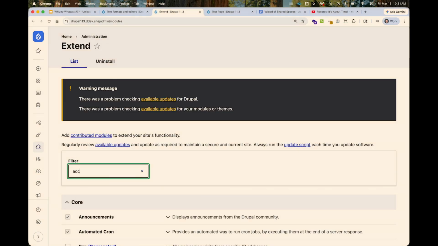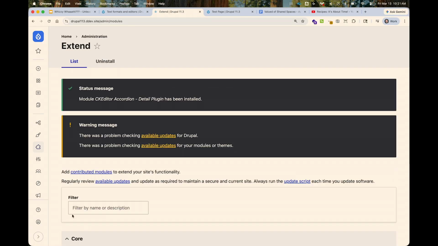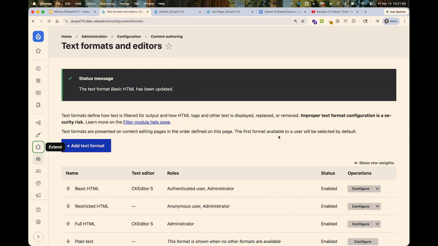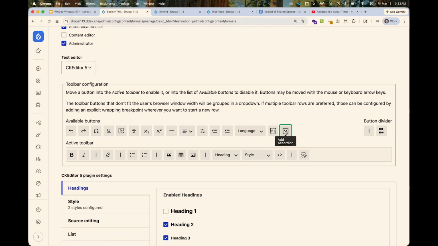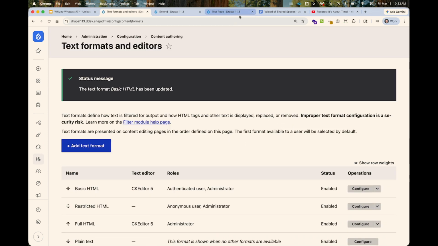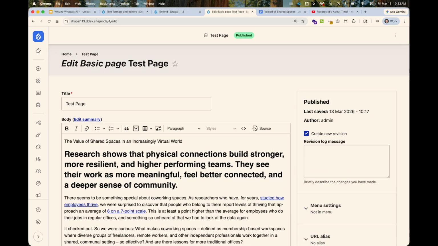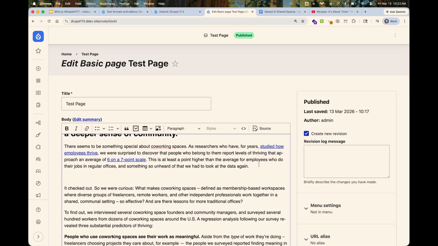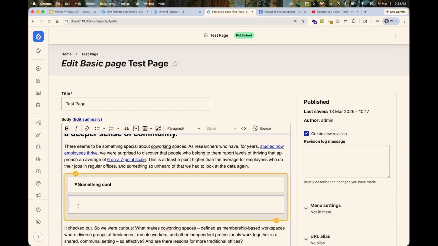So if we go to accordion and install that module. Now if we go back into our basic HTML, we'll see a new button here, add accordion. So let's drag that in over here. We can save that for our text format. Now when we go back in here and edit our content page again, we can see we have that ability to add an accordion. So we could say, cool, open that up,